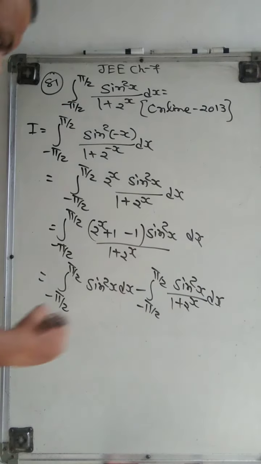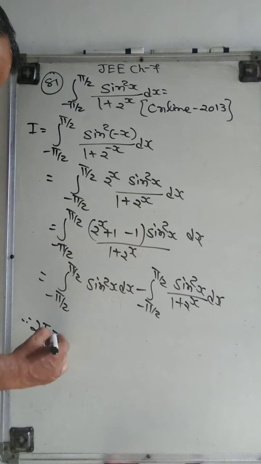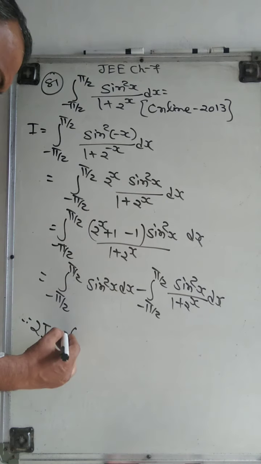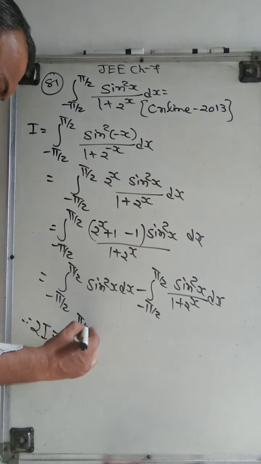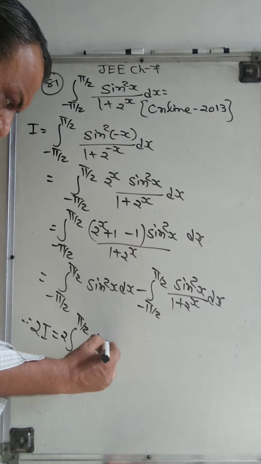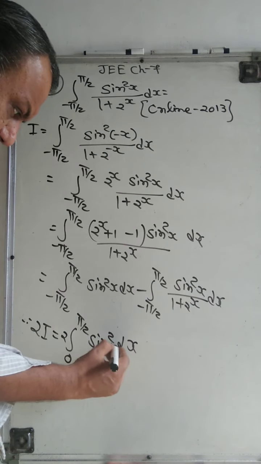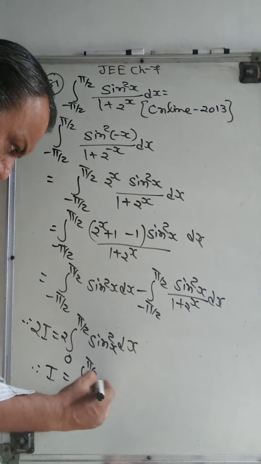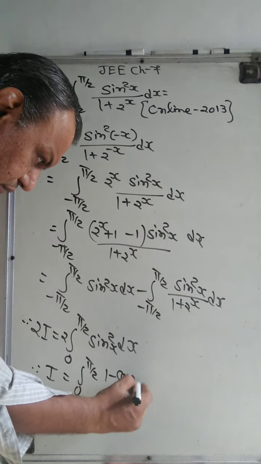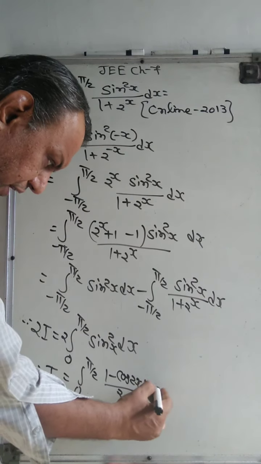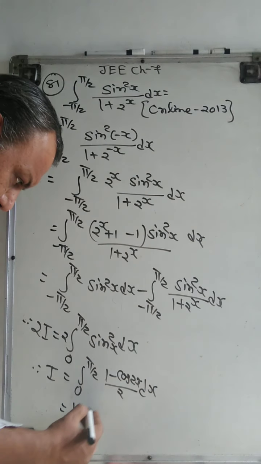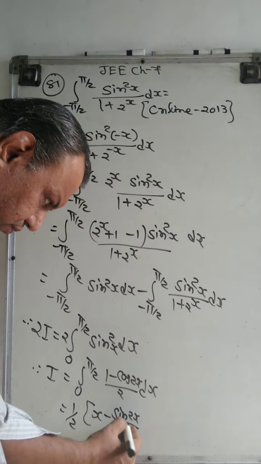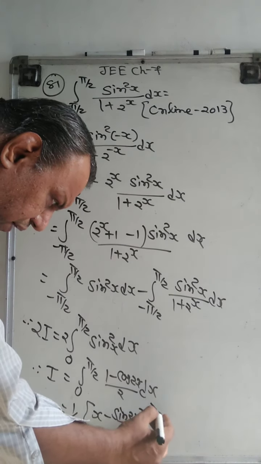This is I. So we take this as 2I. 2I is equal to... this is an even function. So 2 times the integral from 0 to pi by 2 of sin square x dx, and therefore I equals the integral from 0 to pi by 2 of (1 minus cos 2x) by 2 dx, and just 1 by 2 we put outside, x minus sin 2x by 2,